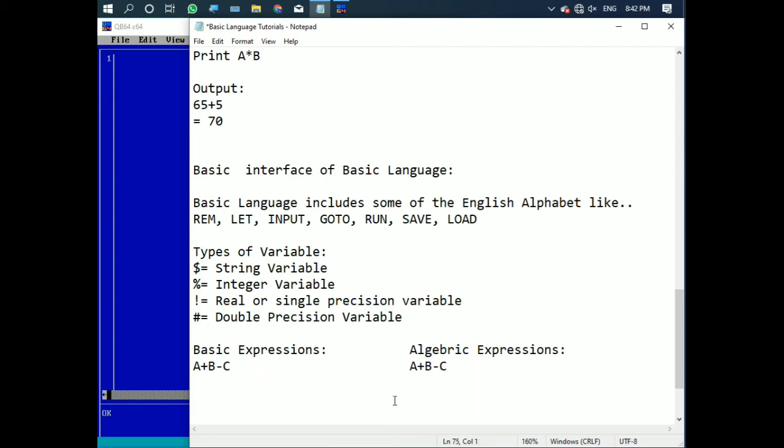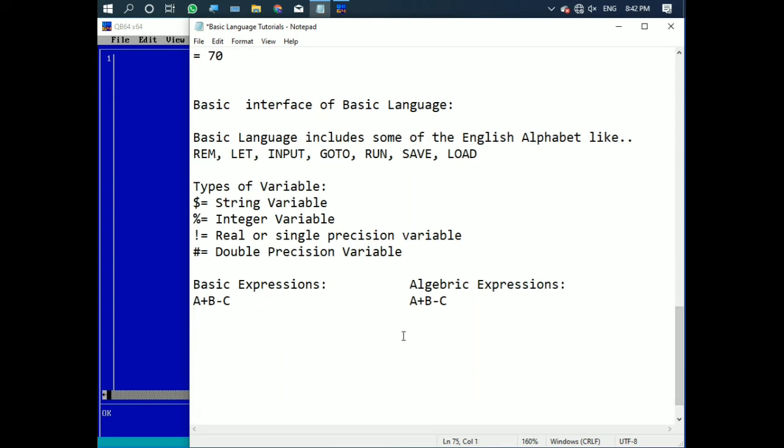Now if I say here A multiplied by B, then minus C, then divided by another number, which is D. So this thing in algebraic expression is written as what?